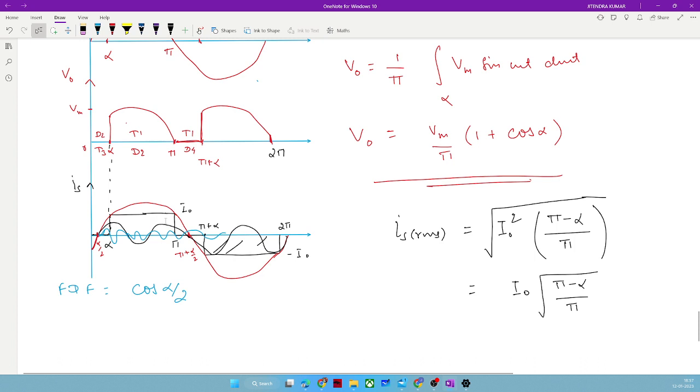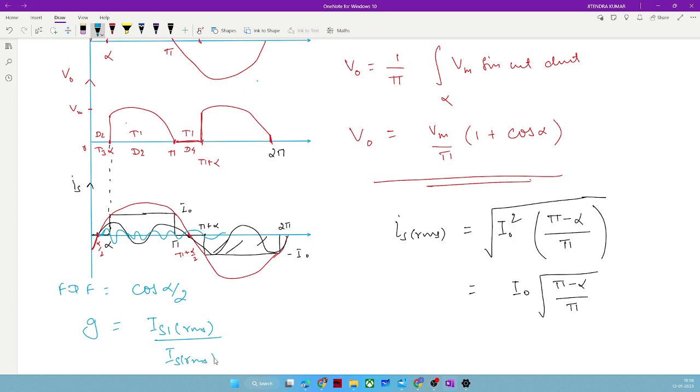Which used to happen as cos alpha in other full bridge rectifiers. Why? Because after alpha it was continuous. So since it is continuous, if you draw the Fourier series, you will get full wave from alpha to pi and so on. But here it is cos alpha by 2 only. Now we need to find G, which is the distortion factor, that is IS1 RMS by